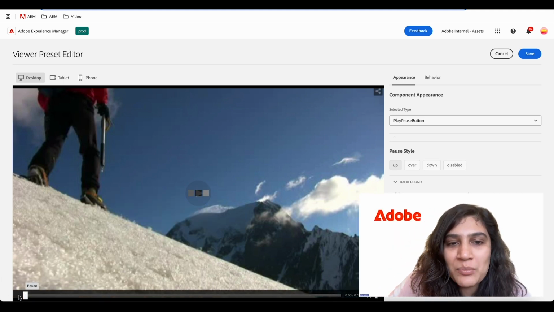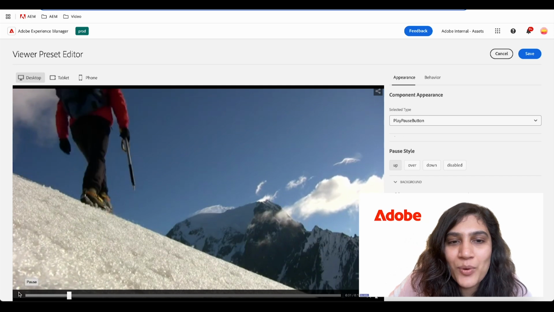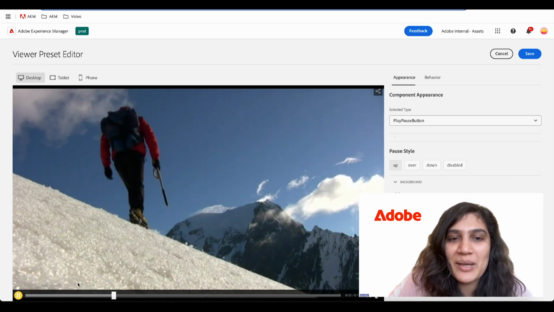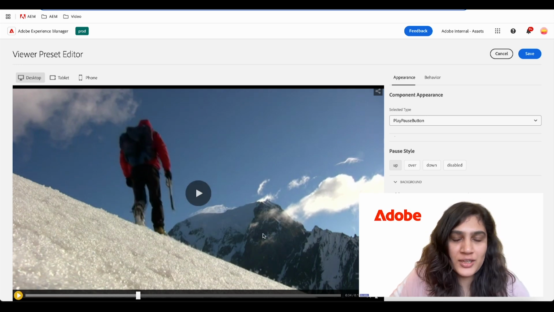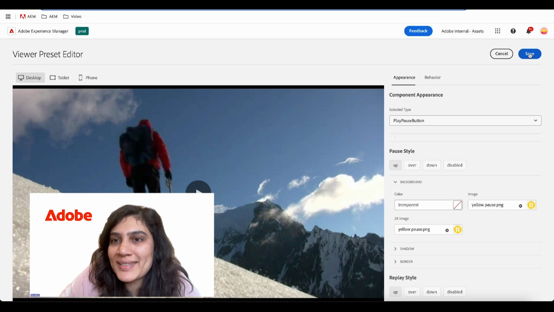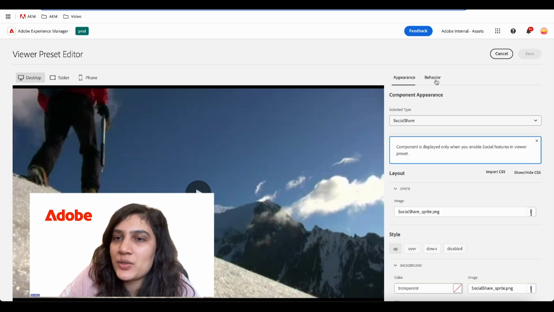So here I can see that in my preview section, the play and pause yellow buttons are starting to show up. When I hover over that, there's black because I've given just one PNG and not the entire sprite sheet as it should be. Now moving on to my next task,